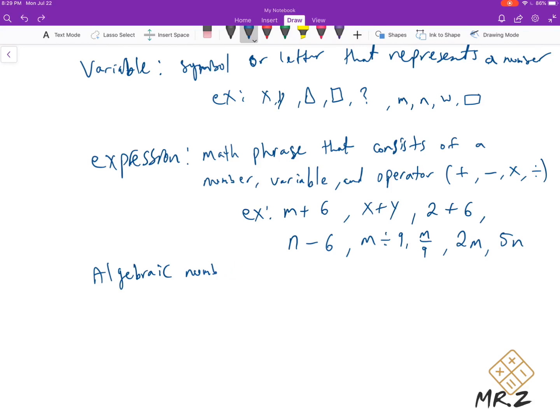Algebraic expression, it includes at least one variable. So an expression that includes, it could have more than one, but at least one